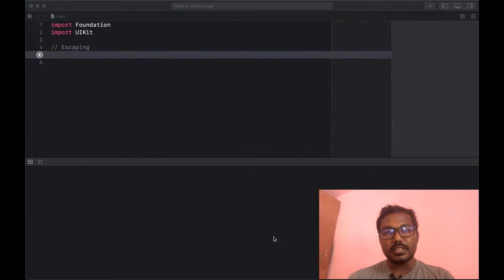For an escaping closure, we set the function's closure parameter as escaping to enable the escaping feature, and that function will do the operation in an asynchronous methodology.